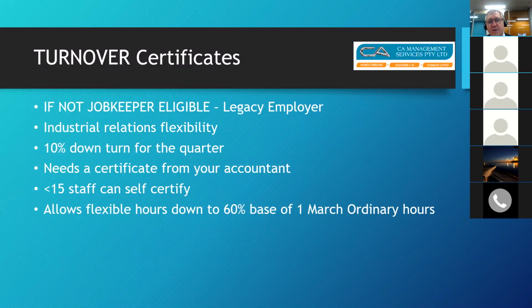If you've got less than 15 staff, you can self-certify this, and it allows you to have flexible hours with people down to 60% of their normal base hours, based on the 1st of March ordinary hours they had this year. You can still stand people down and have their flexible hours down to 60% of their normal base. So even though you may not have been able to claim JobKeeper this time, you've still got a little bit of flexibility in how you can deal with staff and not going back to the full